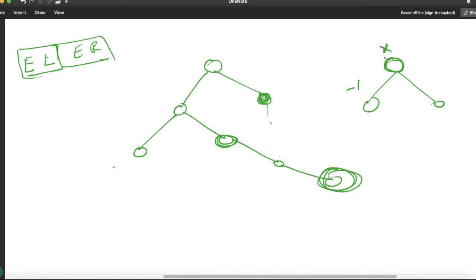And whenever I am moving to the right side, I am adding 1 to the current value. Suppose the current value is 10, so here my value will be 9 and here my value will be 11, correct? And these values are unique, and when the values are unique we can simply print that node.